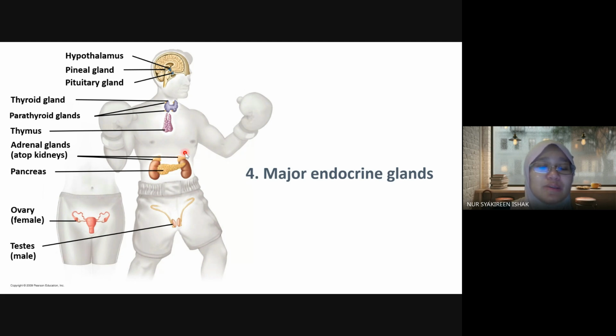So the pancreas is located just below the stomach before it enters into the duodenum. So kat sini bahagian dia. Okay, sini roughly. Okay, so the pancreas secretes enzymes for digesting your food, for absorption in the small intestine, and it also produces and secretes hormones. Okay, so pancreas ni dia bertindak sebagai, it functions as both endocrine gland and exocrine gland. Endocrine for hormone production and secretion, but exocrine gland is for the production and secretion of enzymes. Okay,